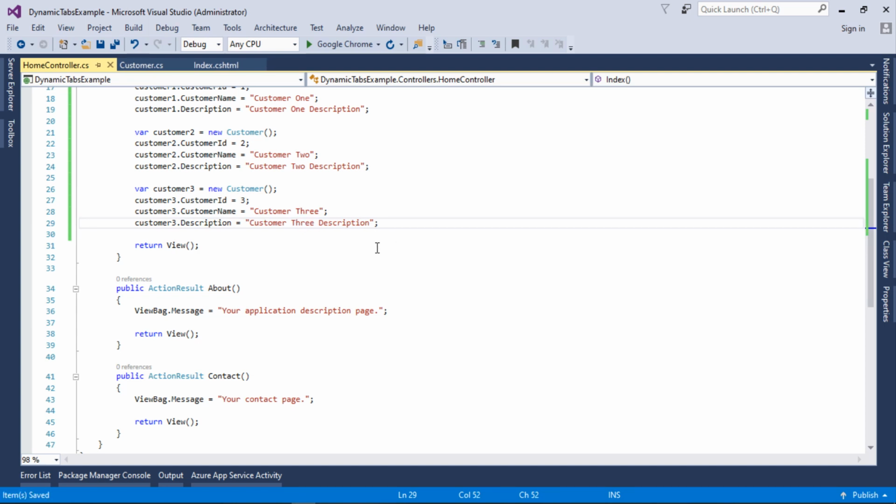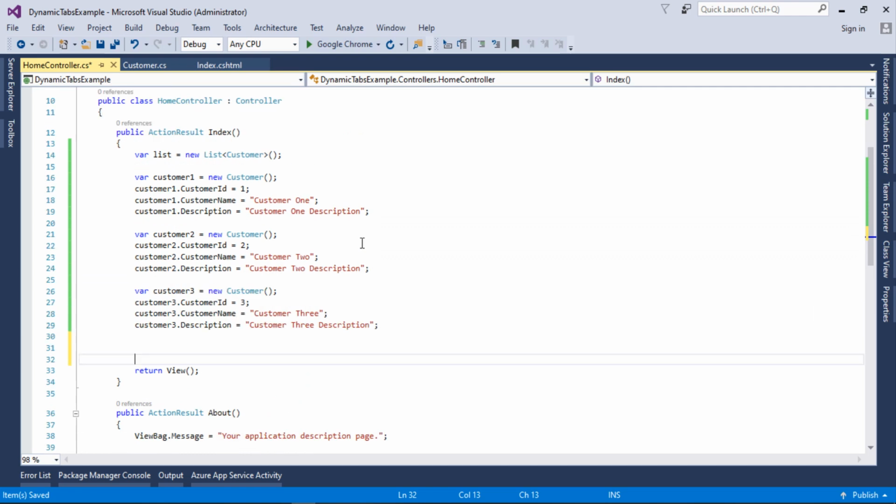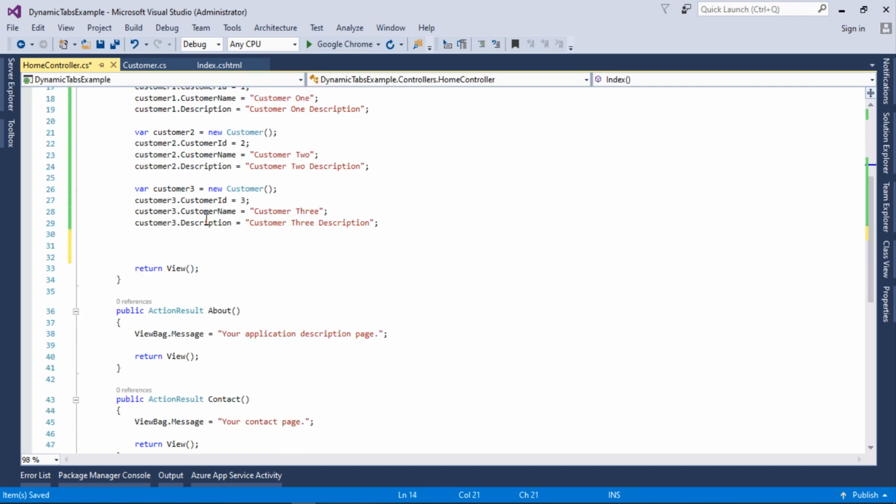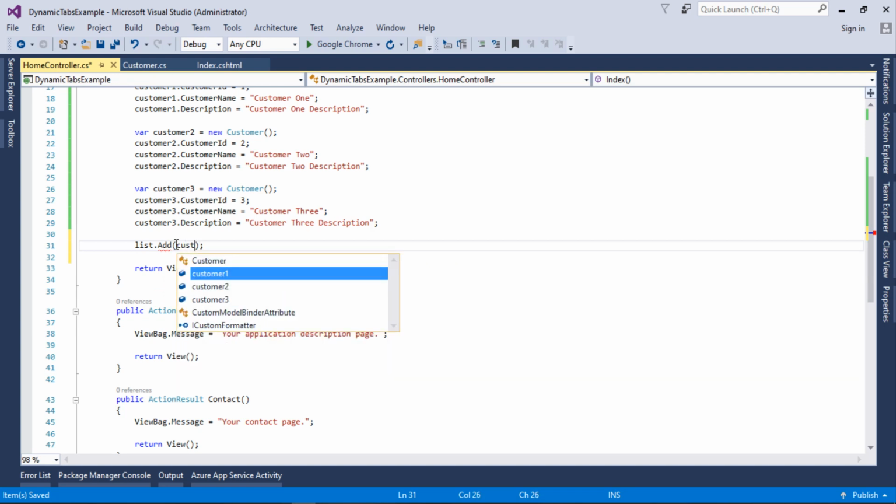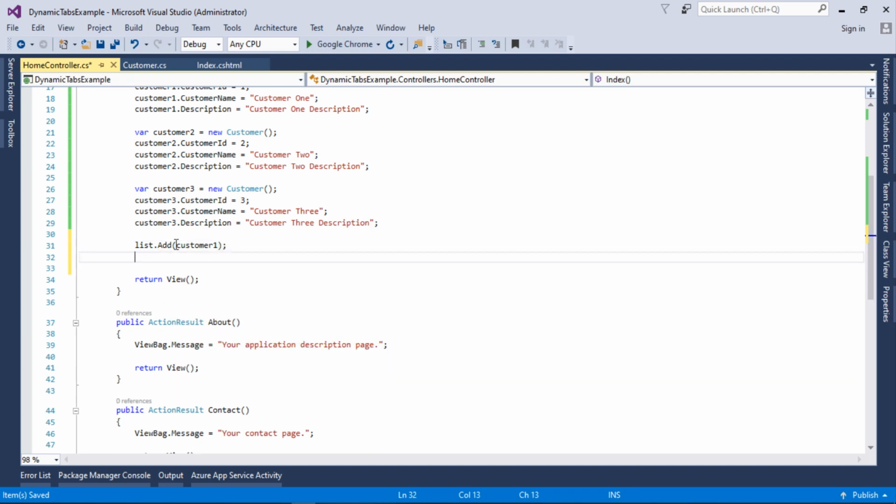So now I will add all 3 customers in the list which we have created or initialized earlier. So list.Add, now I will add customer1, and then list.Add customer2.